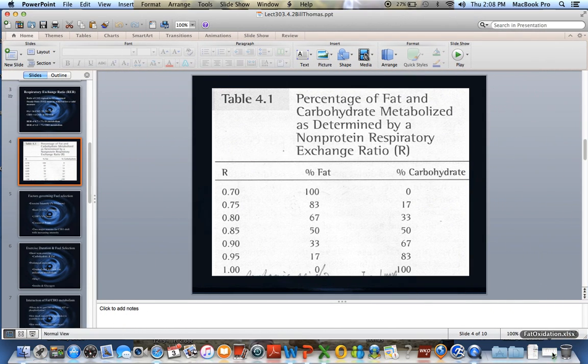Hi guys. Today I want to talk about the myth that the optimal fat burning zone is really low intensity exercise, or walking pace, or a recovery pace, if you will, zone one on a bicycle. And let me show you the reason why. If you look at this table,